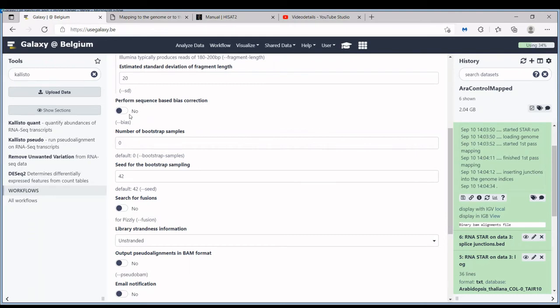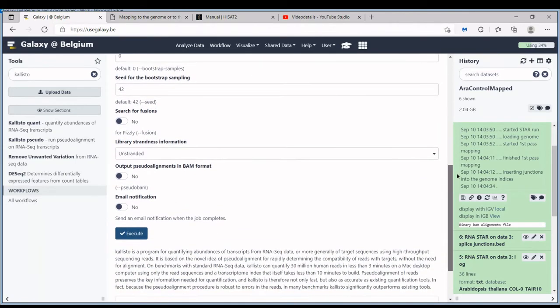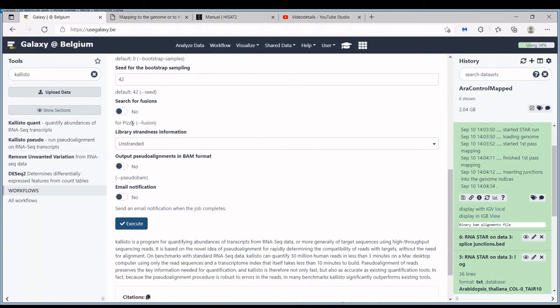Do you want to perform a correction based on GC content? What is also an important parameter here is the strandedness. You have to tell it whether or not you used a stranded library. So what is a stranded library? It was explained in the e-learning system. It means that for each read, you know whether it comes from the plus or from the minus strand.